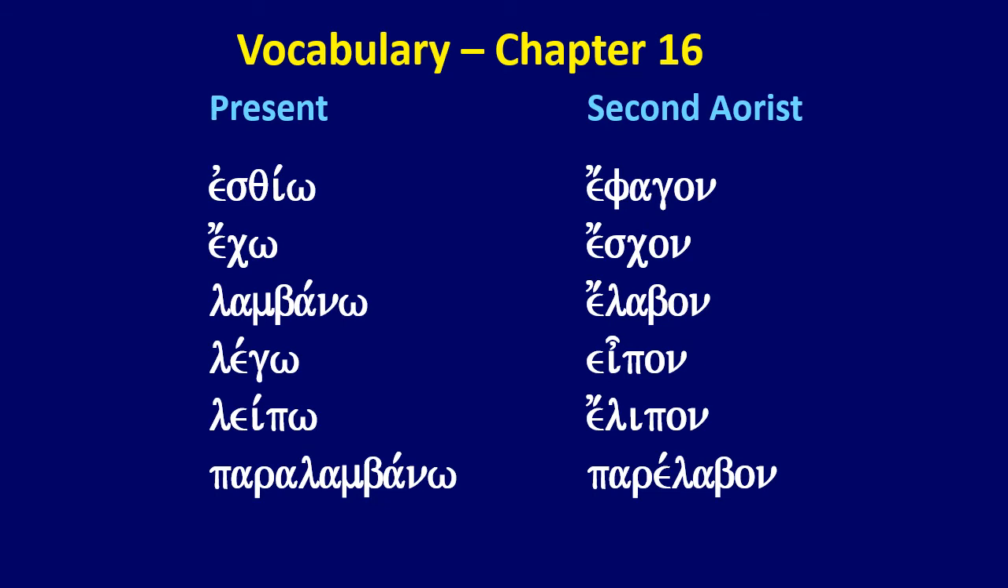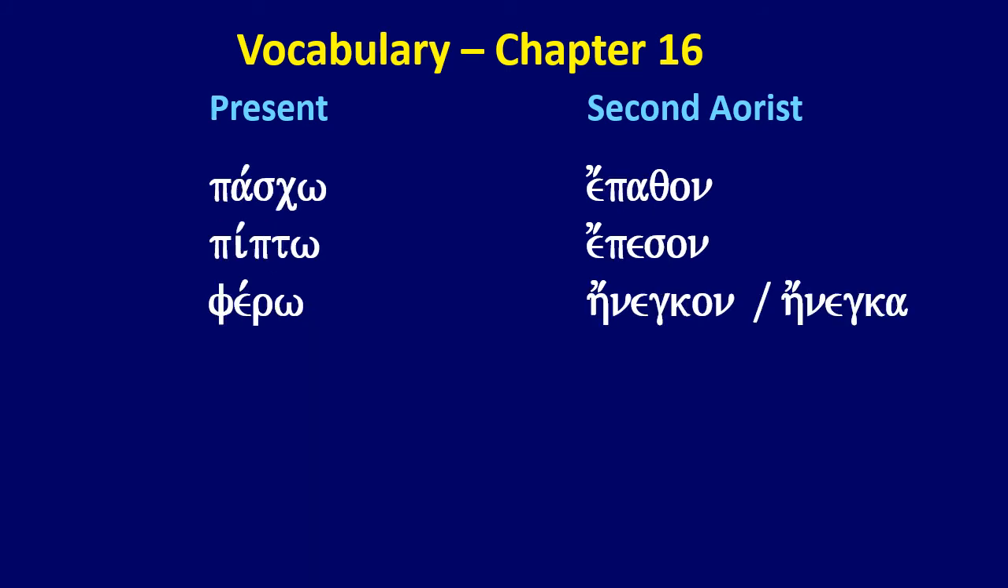And then paralambano, I take, receive, and its aorist tense spelling, second aorist, would be parelabon, I took or received. And lastly, we have pasco, I suffer, in its aorist tense form, epathon, I suffered; pipto, I fall, and epeson, I fell. And then phero, I bear or I bring, and then